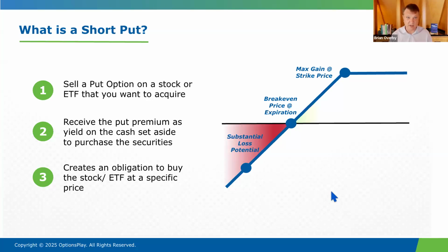You sell it, you get premium. For that premium, you take on an obligation. What does that sound like? It sounds like insurance, right? So what do you call somebody that sells an insurance policy? You call them the underwriter of the policy. And when you buy an insurance policy, what do they say you're paying? They say you're paying the premium. And so in the insurance world, there's a lot of synergies to the options trading world,